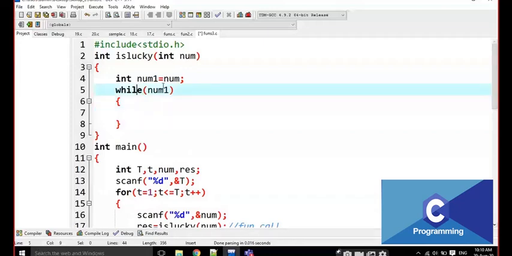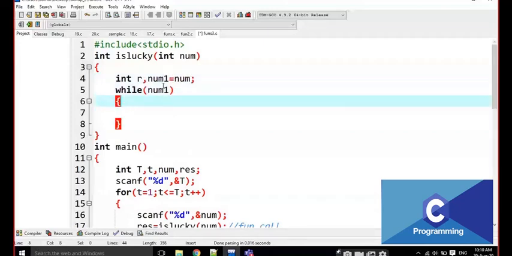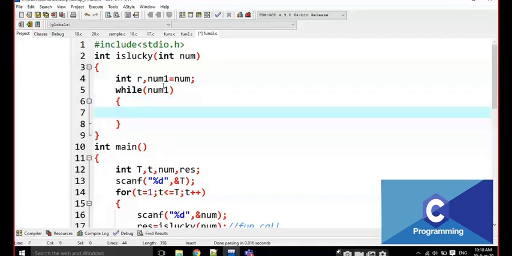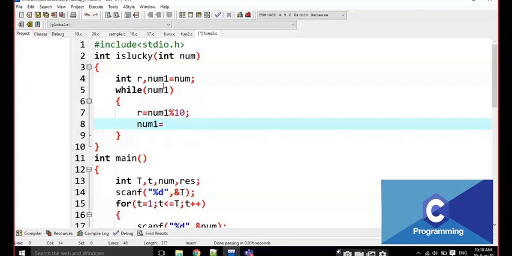I am going to take one more variable, that is r. r is equal to num1 mod 10, then num1 is equal to num1 divided by 10.